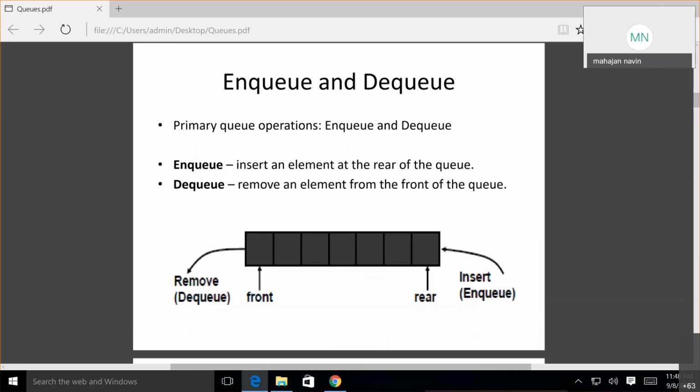Now this is front, and this is rear. Now I am marking on the screen. Is it visible to you, those red marks?